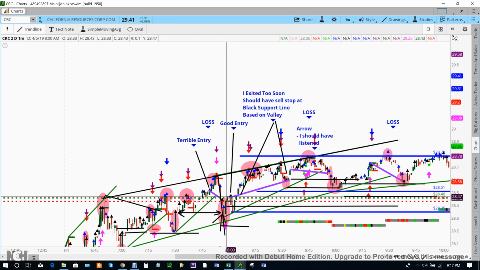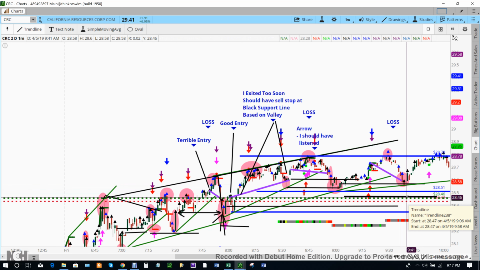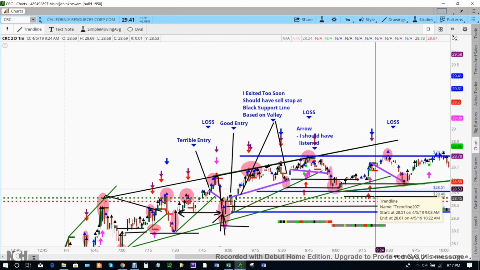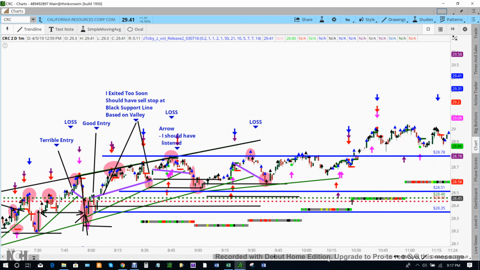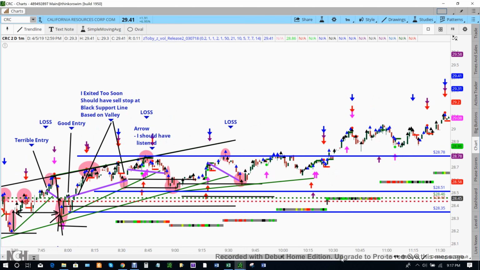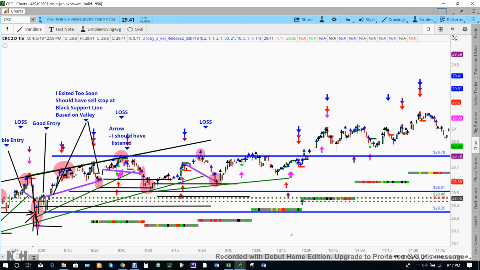In fact, our entry point was about at this level. So now if it comes down and reverses and cuts through here, our new stop loss is at the point where we wouldn't have lost any money at all. But we would still want to ride it up if it's going to go up, right? And sure enough, the next valley is